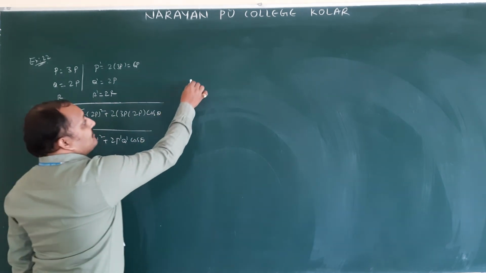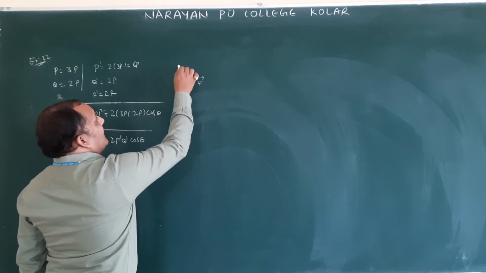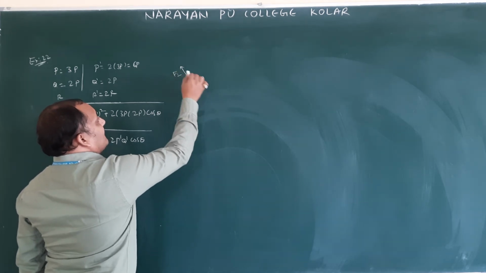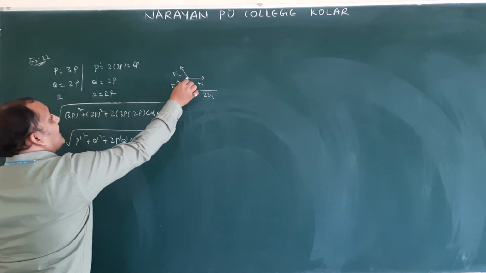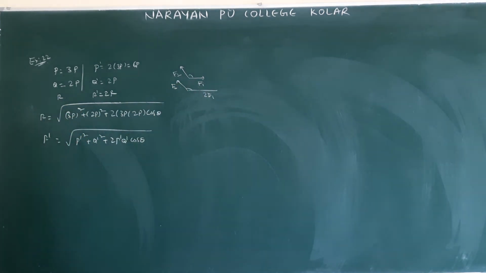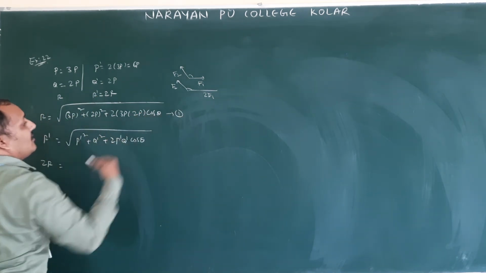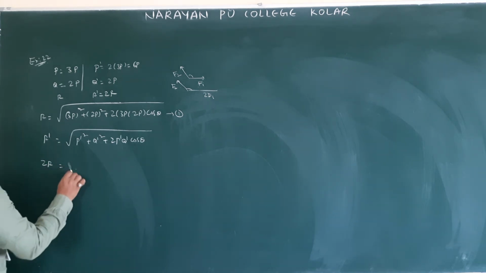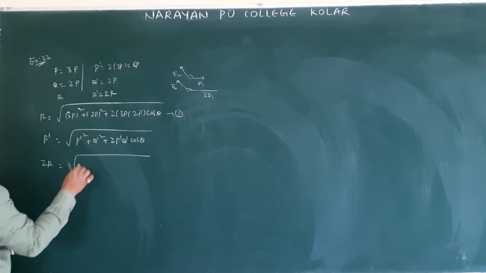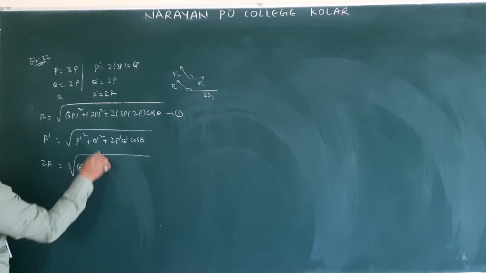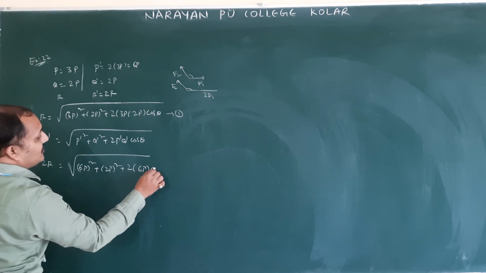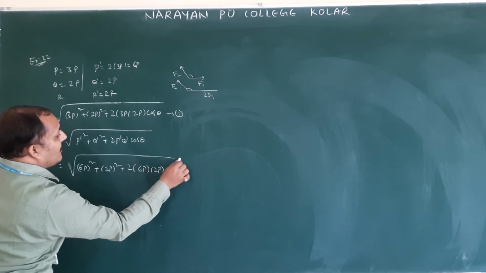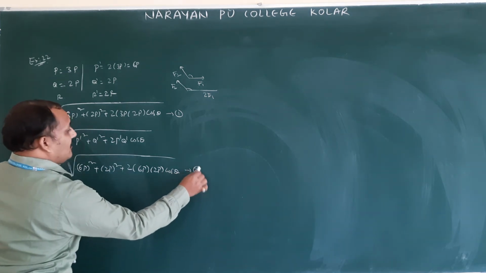So simply, if you have taken one force F, another force F1, F2. Second time this force is double, double means 2F. So F2 remains the same, and the angle is the same. Now R dash value how much? 2R. So call this equation number 1. So 2R is equal to, P dash value 6P, 6P whole square plus Q dash value 2P, 2P whole square plus 2 into 6P into 2P into cos theta. Call it equation number 2.